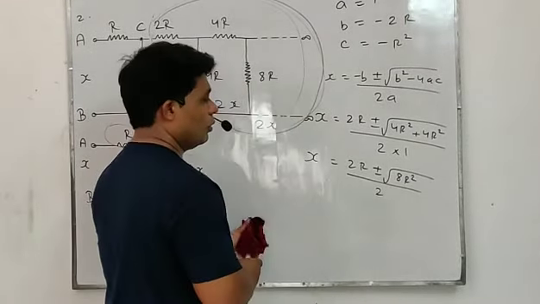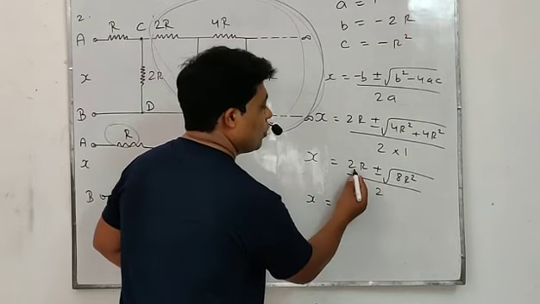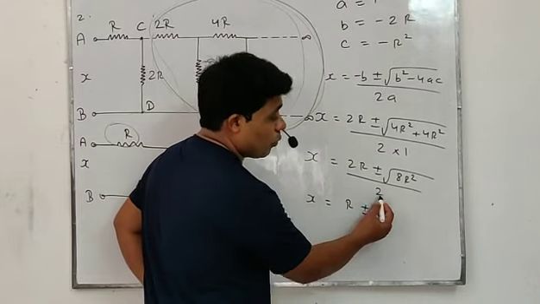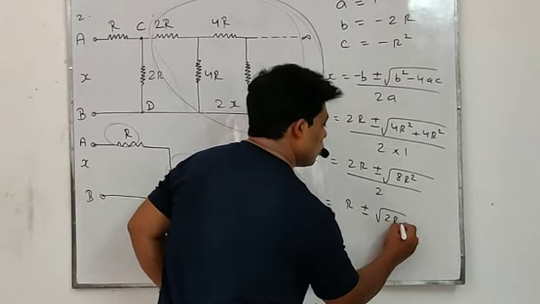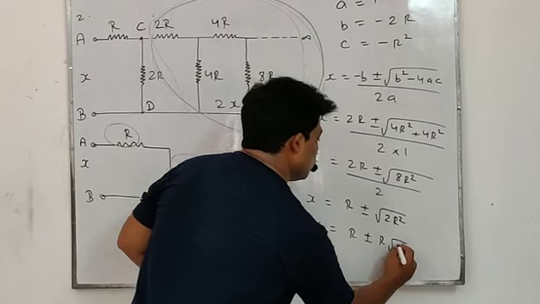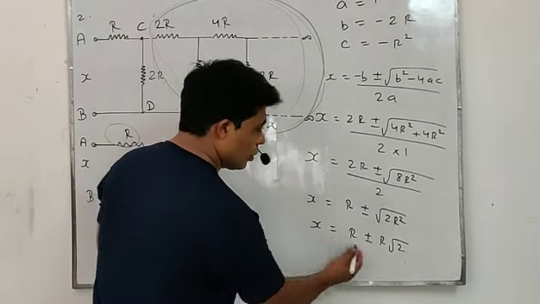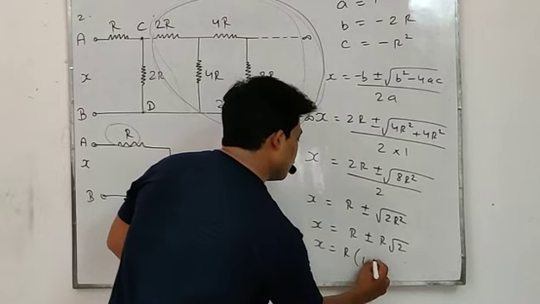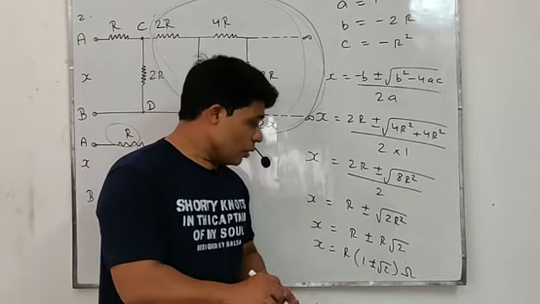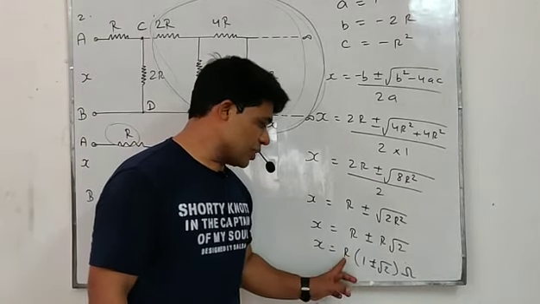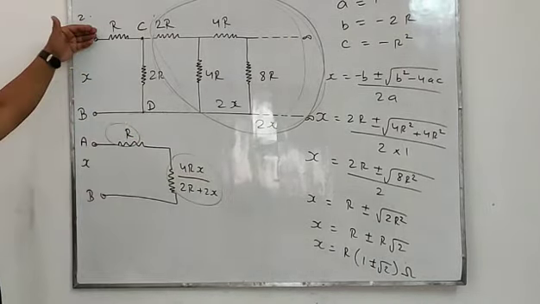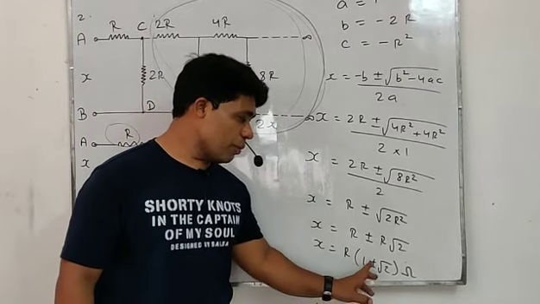Now students, divide 2 divided by 2, it becomes r, plus minus 2 dividing 8. When we take under root, it becomes 4. So there comes 2r square. X equals to r plus minus r root 2. Okay, root 2. Now we take common as r. 1 plus minus root 2 ohm. We can take plus or minus sign. So answer is R equals to 1 plus minus root 2 ohm. This is the total equivalent resistance between terminals A and B. X equals to R times 1 plus minus root 2 ohm.